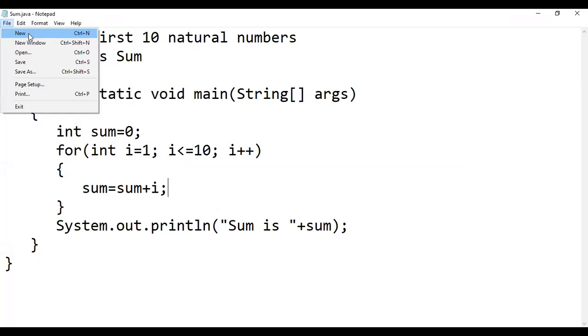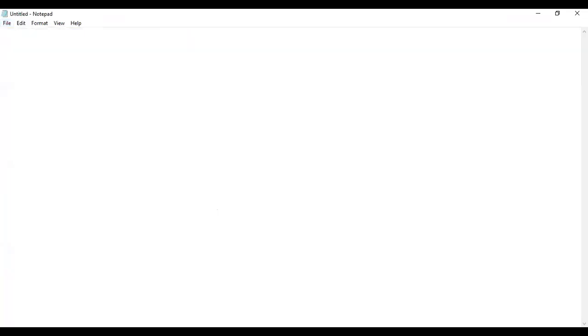So now our program name is display even numbers till 10.